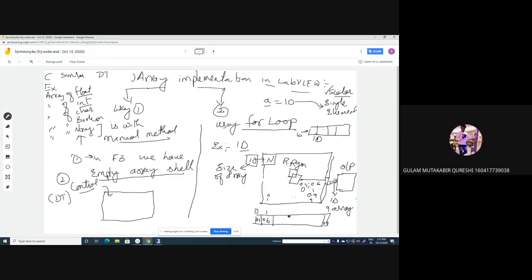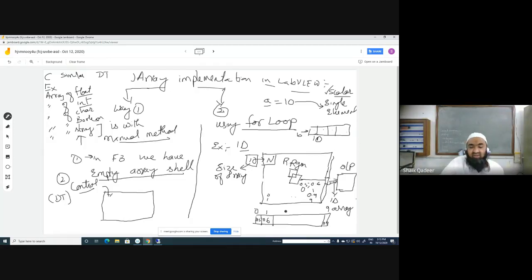Sir, please once more. Okay. Now everybody listen, I am repeating. Our intention is to create a one-dimensional array of size, say, 10 elements, starting from 0 to 9. So for that, I am using a for loop. To this for loop, I am connecting a constant of size 10 because we want to create a one-dimensional array of 10 elements. That's why it is 10. Is this clear? Please answer. Yes. Let's go.